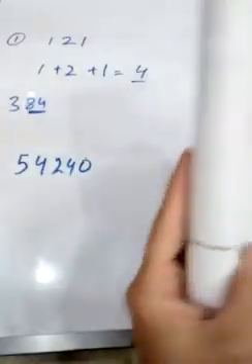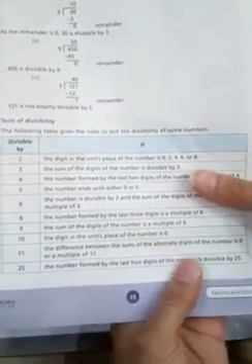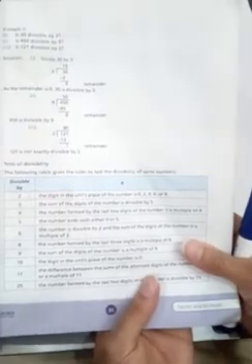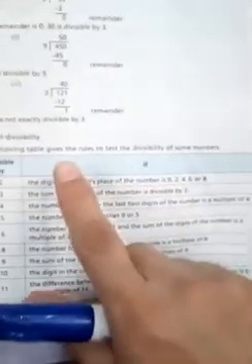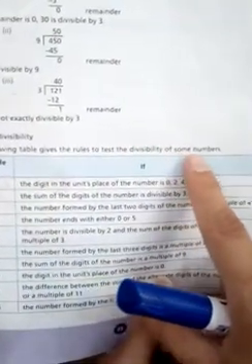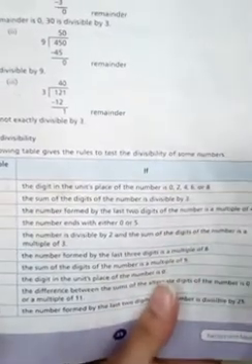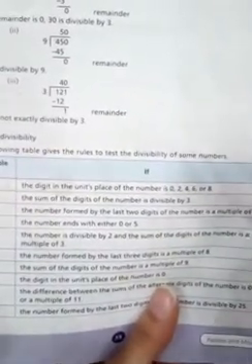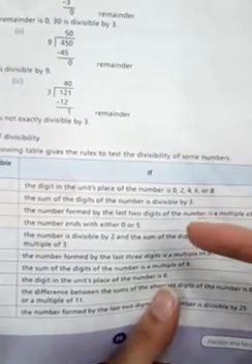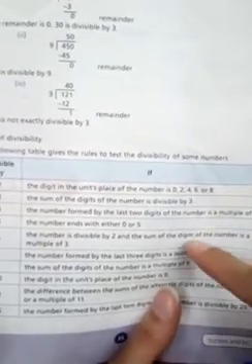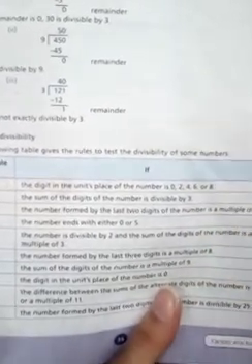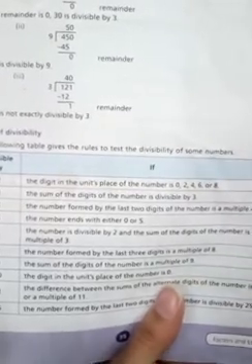It is about the test of divisibility, which is on page number 35. To solve the next questions of your exercise 3a, first you have to understand the test of divisibility. It is very important for you. Just look here. The following table gives the rule to test the divisibility of some numbers without dividing. How do we come to know whether a given number is divisible by some other number or not? So here are some divisibility tests which help you to find the answer without dividing.